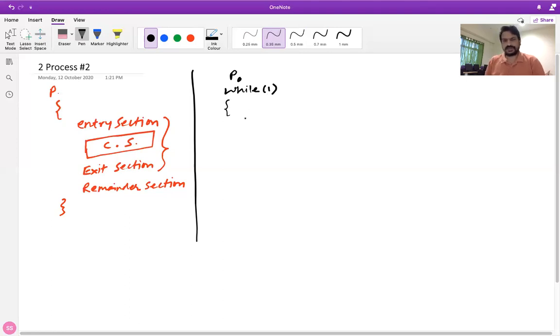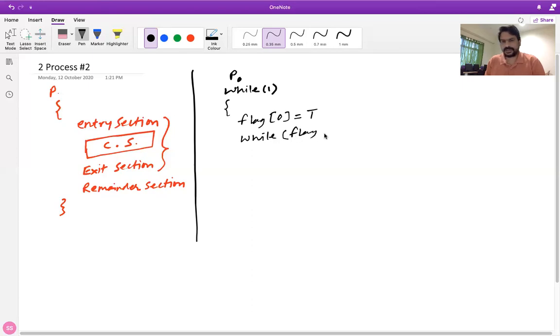And inside that, we have taken another variable called flag, and we'll see flag of 0 will be true. We are making flag of 0 true, and then we have an entry